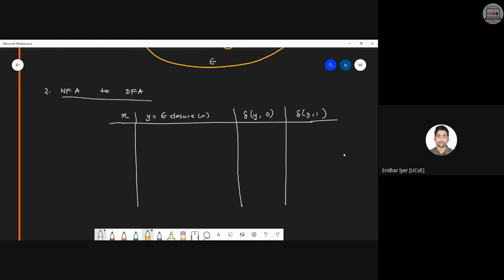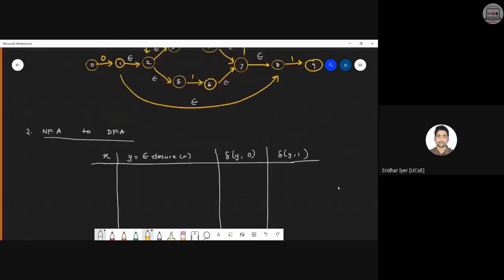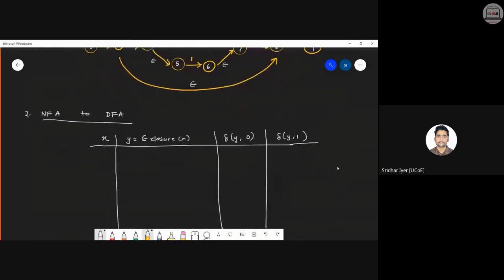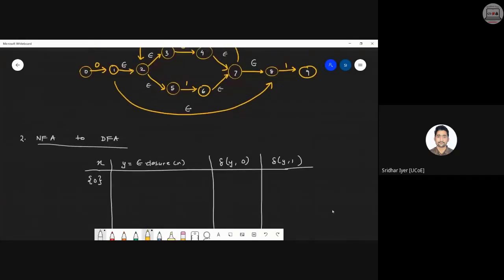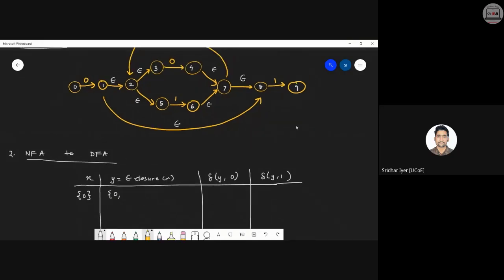Okay, all clear. Fine. So we have to start with initially 0. Okay. So put 0 over here in place of X. Now, as you all know, we have to write all those values over here which can be traveled from 0 using epsilon path. So is there any other value present over here from 0 which can be traveled to any other path using epsilon? Kindly let me know.